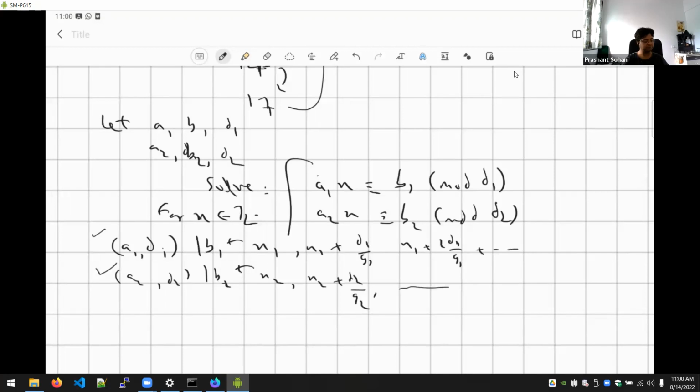But as the one example which Aranav pointed out, quite possibly the two APs will never have any common term. And there are more non-trivial examples also where the two APs will not necessarily have a common term. Anyway, I think we are almost out of time, so I'll let you explore this independently. Try to solve the two equation problem completely, and then once you understand how that works, we can see how to generalize this for any n equations at the same time.